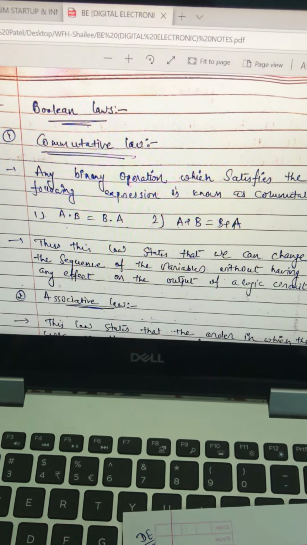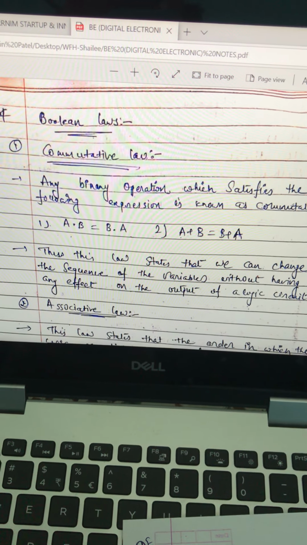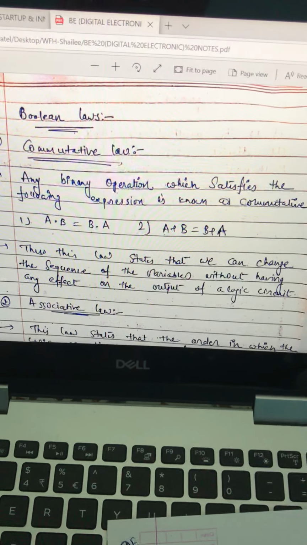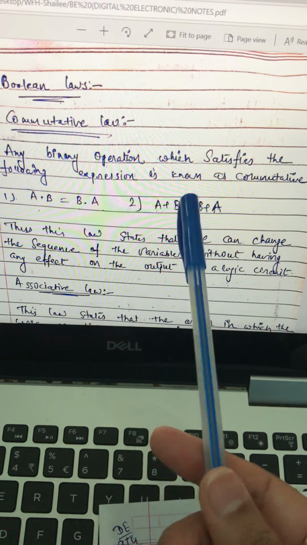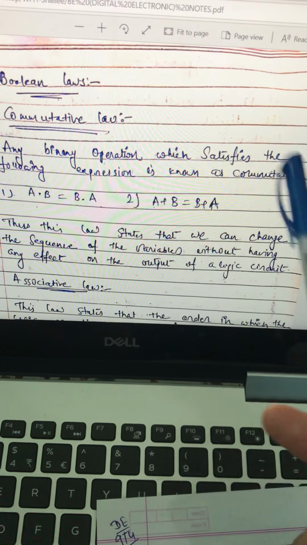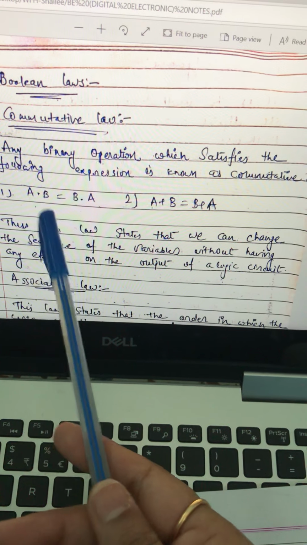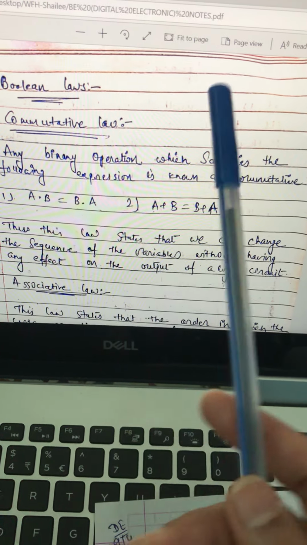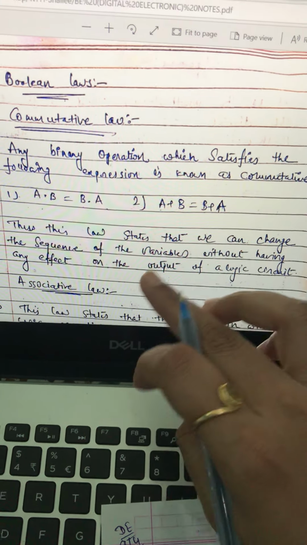Now there are some laws of Boolean algebra. Some you know from school time, and some you learn in gates. First is the commutative law. You know that A dot B is equal to B dot A, or A plus B equals B plus A. Let's consider some values: 2 dot 3 is equal to 3 dot 2, obviously both are 6. So the commutative law is also followed by Boolean algebra.